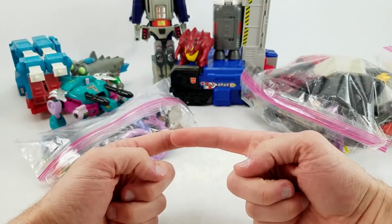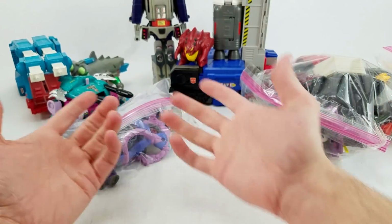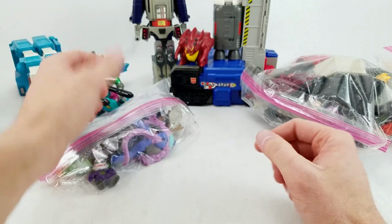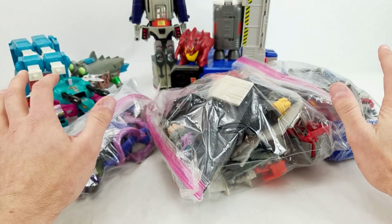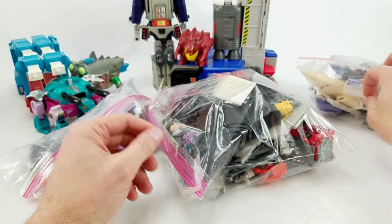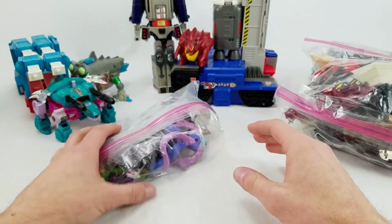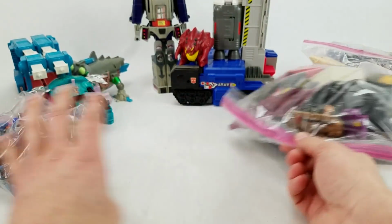So then when we met back up together, she had those three items, she had bought them, and also Galvatron, Snaptrap, Gnaw, and these three bags. And I was like, whoa, good score. Because she knows this stuff too. She's very good. She's been able to spot these things just as well as I can at this point,